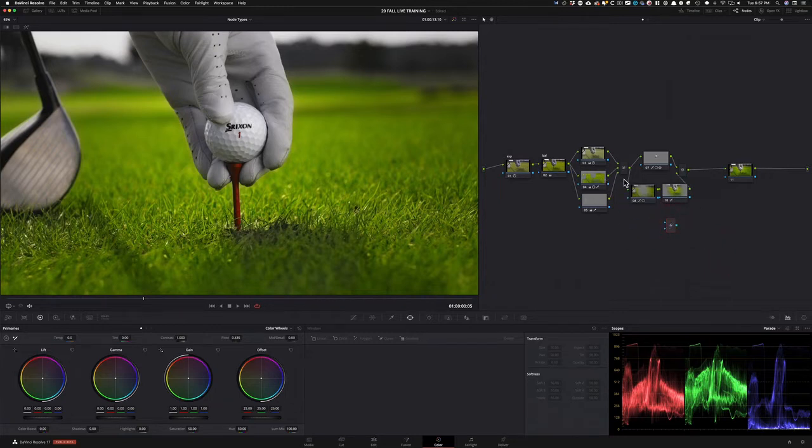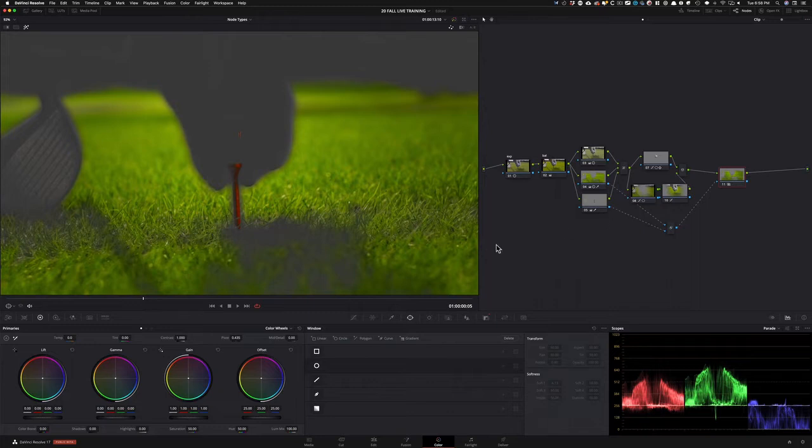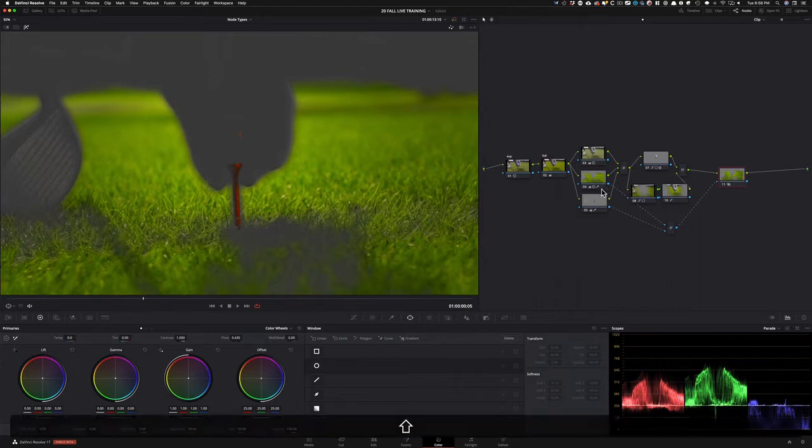Basically what I want to do with this is go under my node number 4, which is selecting our grass, take the key output of that and send it into the top input in our key mixer. Then I want to take our T and then the digit 1 right here when we selected our reds and send it to the bottom input of our key mixer. Then I'm going to take the output of my key mixer, send it into our new serial node. And now what's happening is that if I hit Shift H, it's only selecting the reds and the grass